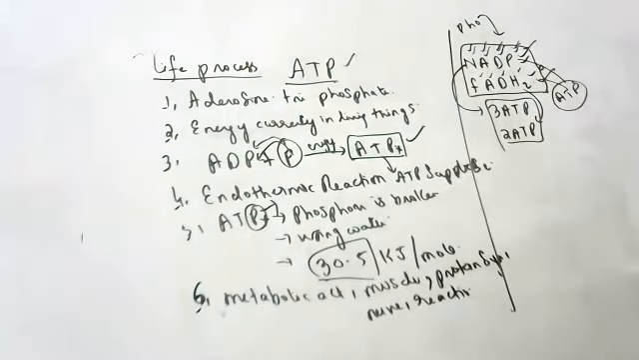Okay, children. So 1 ATP releases how much amount of energy? You should know, that is 30.5 kilojoules per